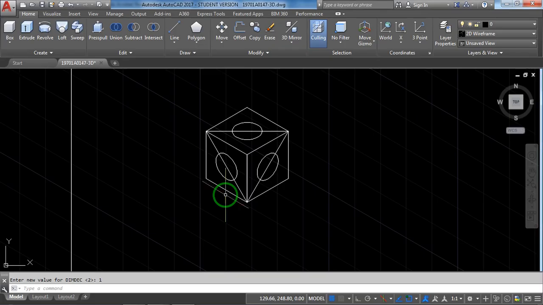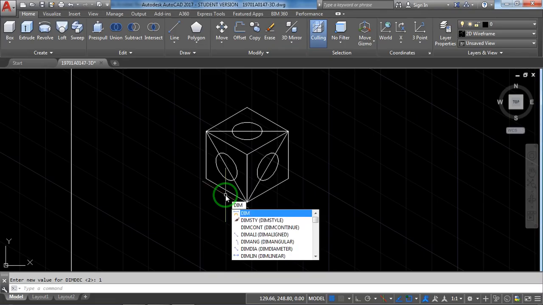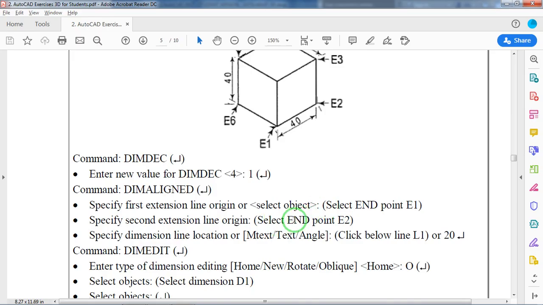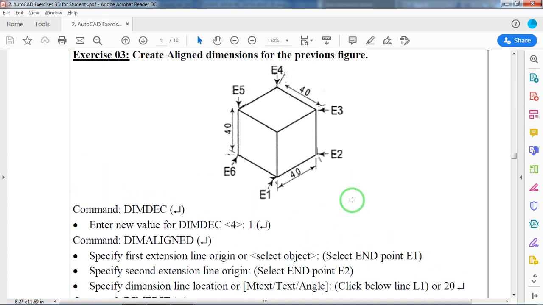Now dimension aligned, right? I have shown many dimension styles, dimension continue. We have used dimension angular, dimension diameter, dimension linear. This is dimension aligned. Select this. See now E1, E2, E3 points. E1 is here, E2 is here.